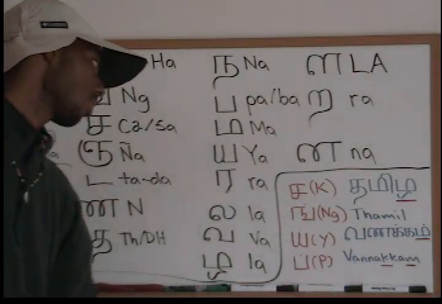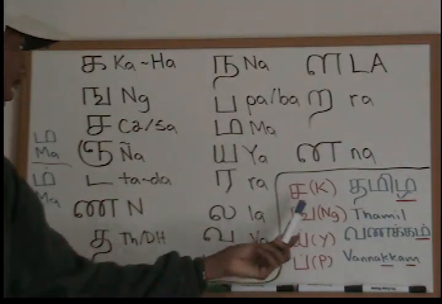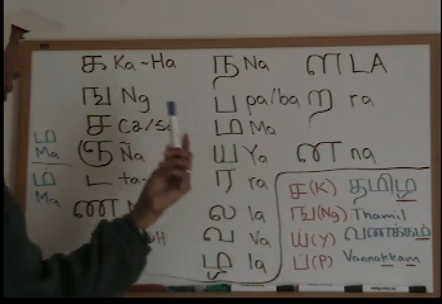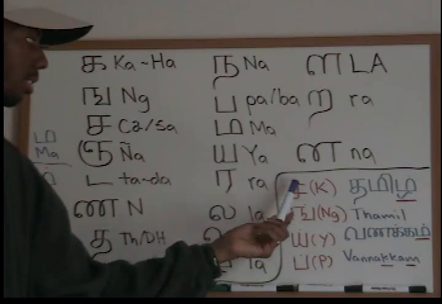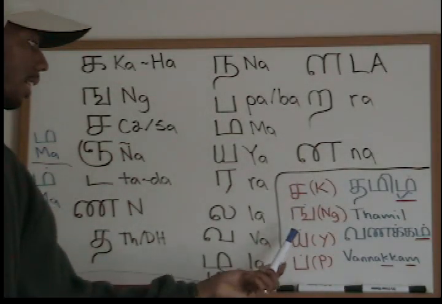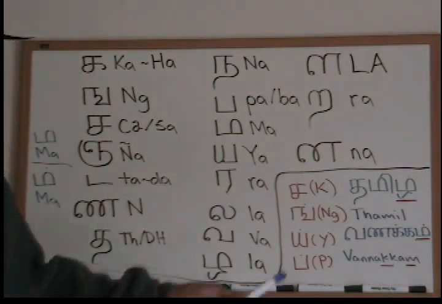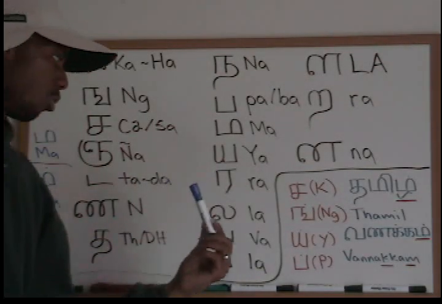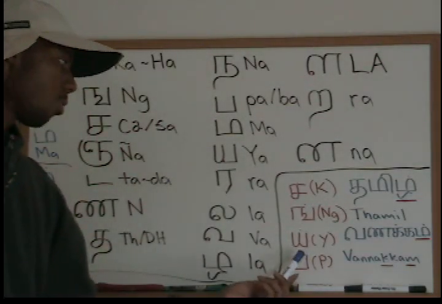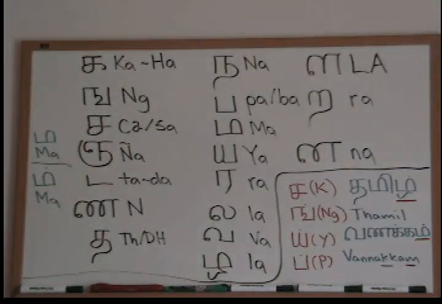Vanakam. Here in red, I just put the dots over there, like ka. Let's just take a random vowel, e. So eek is the k sound. The dots on top of the letters are just telling you that they're at the end of the sentence, and you don't pronounce it like pa with that dot. It would just be a p sound. Eek. So that's pretty simple. It's not really that complicated.